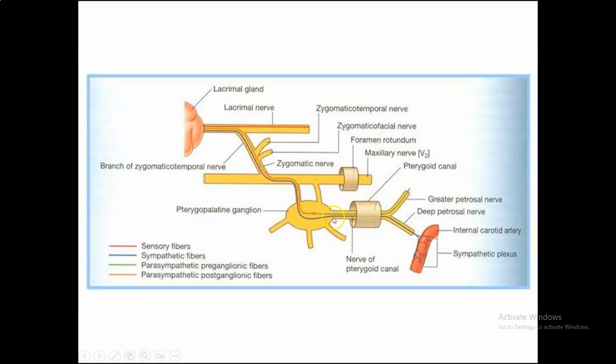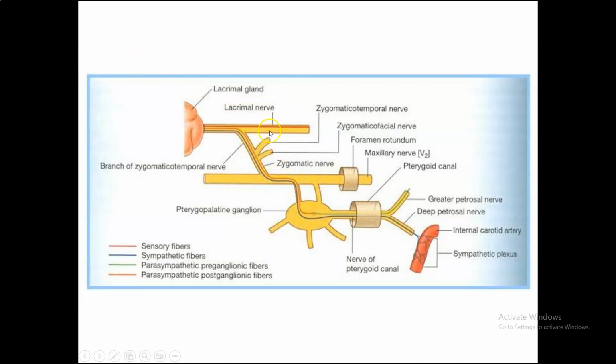The greater superficial petrosal nerve is the parasympathetic supply of the lacrimal gland, so it relays in the sphenopalatine ganglion to join the sensory branches of V2, supplying the lacrimal gland and reaching also forming the lacrimal nerve